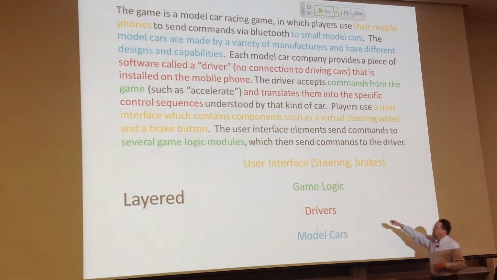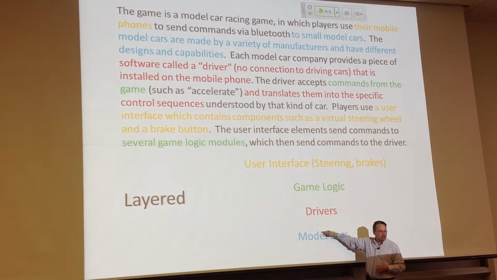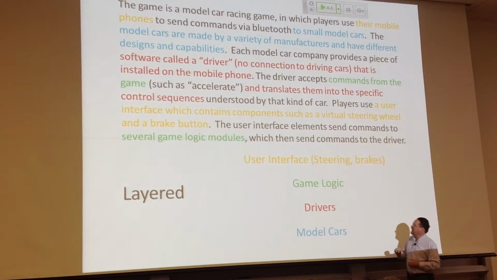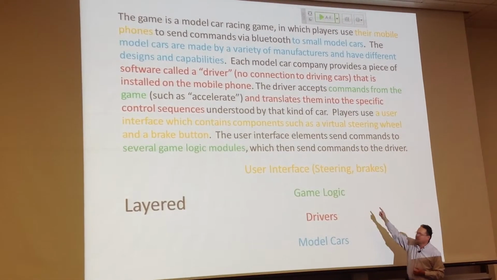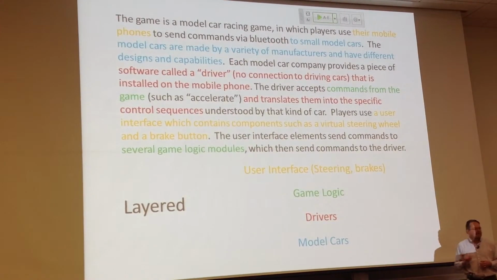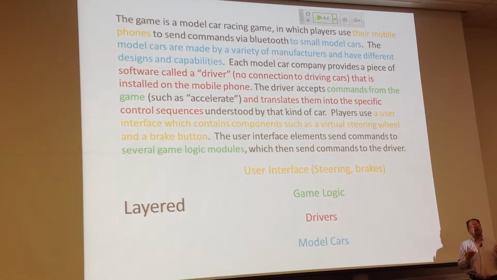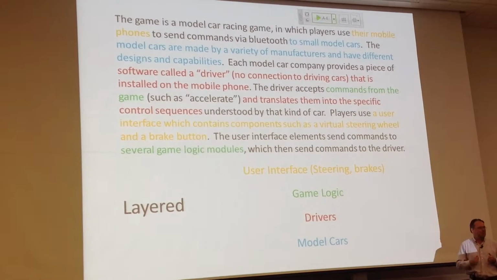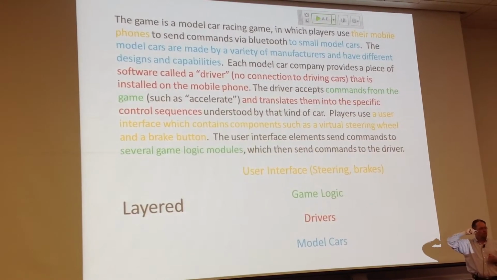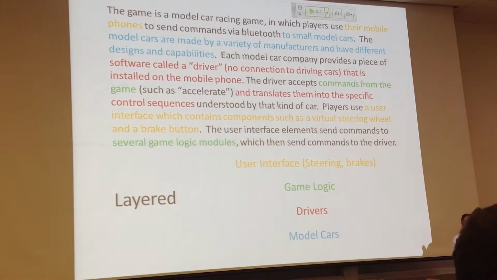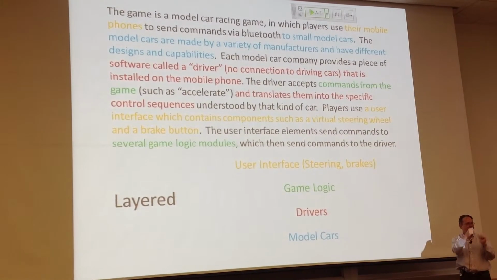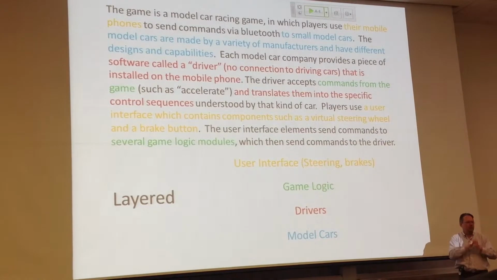And then each layer sends commands to, or talks to, the layer below and gets information from, potentially, the one above. But the idea is, for instance, the model car here knows nothing about the user interface. And the user interface knows nothing about the model car. The user interface might look like a model car. It might have a little accelerator or button or something like that. But in the actual coding, the user interface is worried about, since this is on a mobile phone, where did you press, what pixels, maybe you can tilt the phone in a certain way, and that makes a difference. That's what the user interface is worrying about.